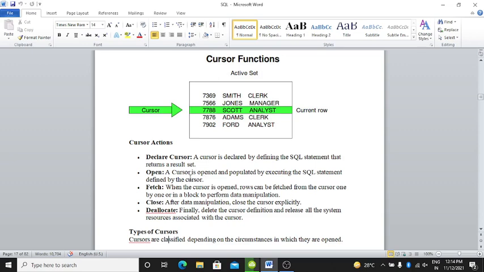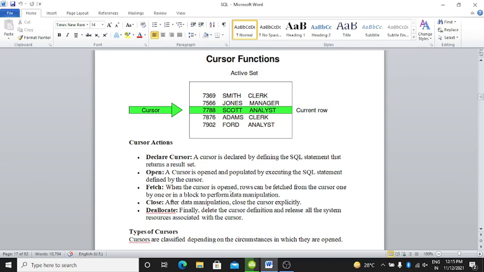Following actions are performed by the cursors. First is declare the cursor. A cursor is declared by defining the SQL statement that returns a result set. After that, open. A cursor is opened and populated by executing the SQL statement defined by the cursor. After that, fetch.